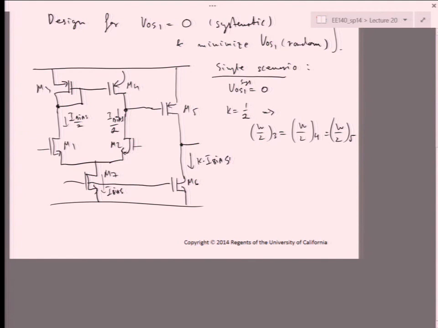The reason for this is that with the target current being the same in all of those, and the sizing being the same, my overdrive voltages are really all the same. So notice that if that's true, then M5 has VGS, VTH plus V overdrive here, and that's